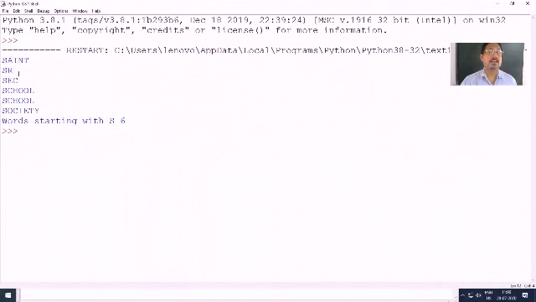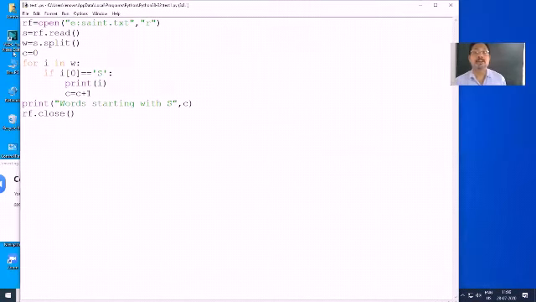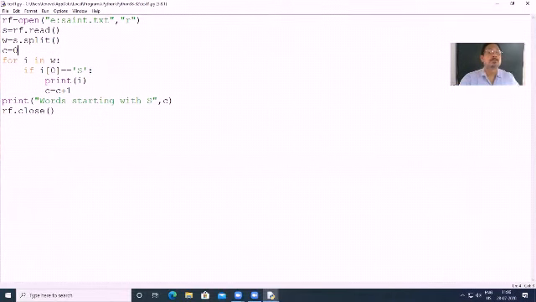Okay, total words starting with S, secondary school society, 1, 2, 3, 4, 5 and 6 are there. Okay, please write this program. If you want to take the screenshot, you can take a screenshot also. Now if you have any doubt, please.